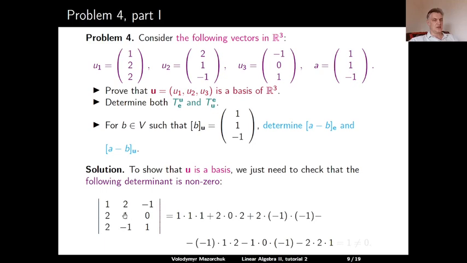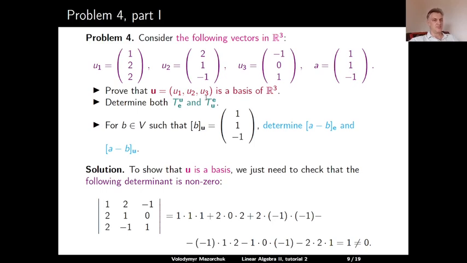So this determinant is equal to 1 times 1 times 1 plus 2 times 0 times 2 plus 2 times minus 1 times minus 1 minus 1 times 1 times 2 minus 1 times 0 times minus 1 and minus 2 times 2 times 1. So we have 1 plus 0 plus 2, 3, plus 2, 5, minus 4 is 1. So the determinant is 1, this is non-zero, and this implies that our vectors U1, U2, U3 form a basis